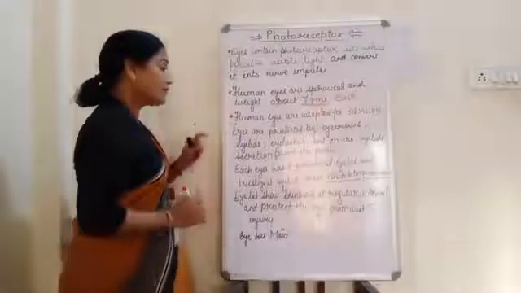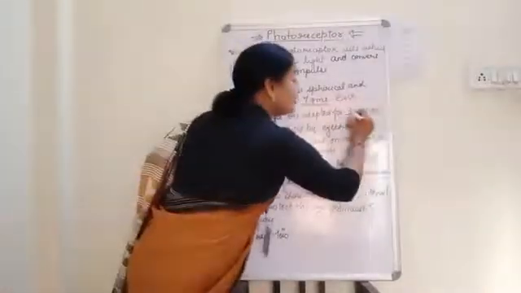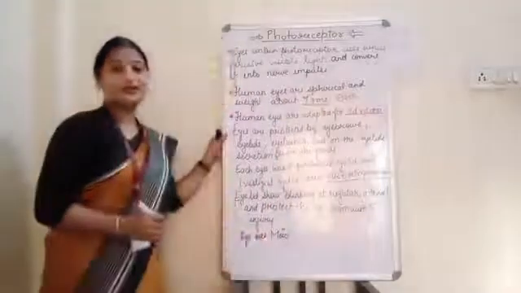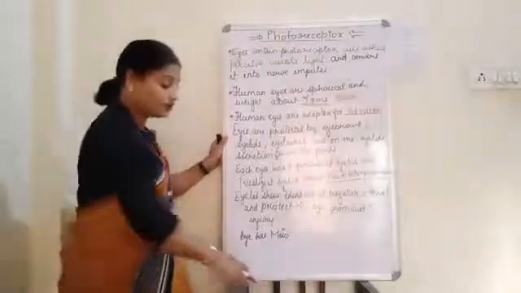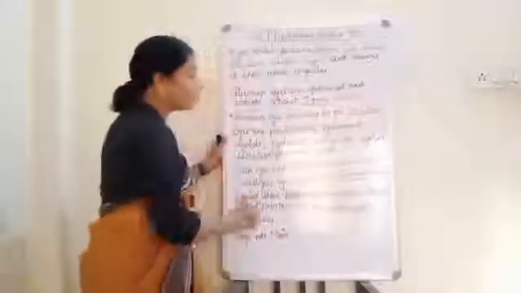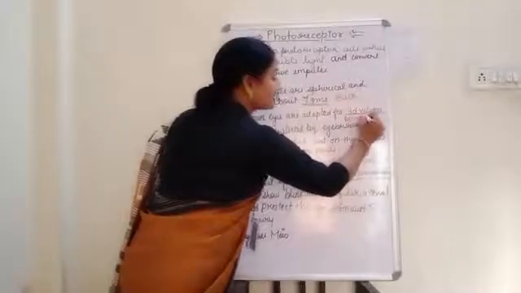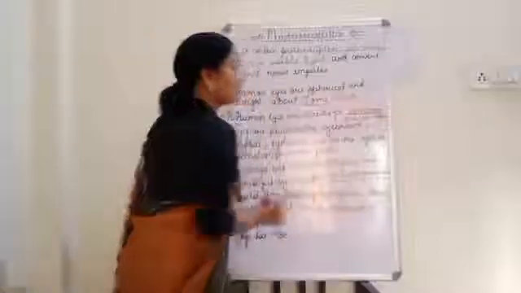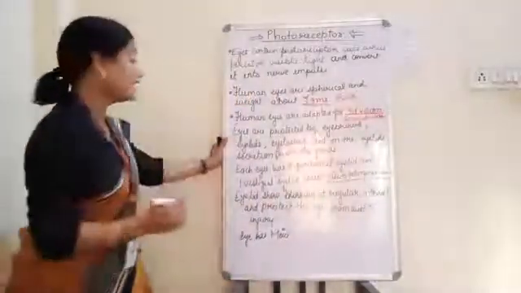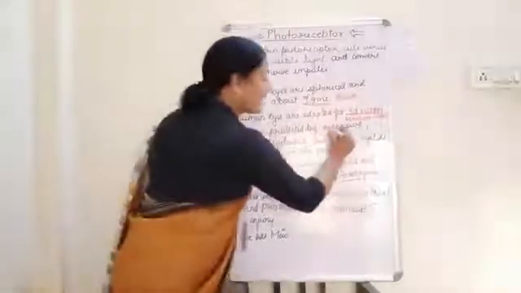Next point, human eyes are adapted for 3D vision. Okay, so our eyes are adapted for 3D vision. This is also called binocular vision. Next, eyes are protected by eyebrows,